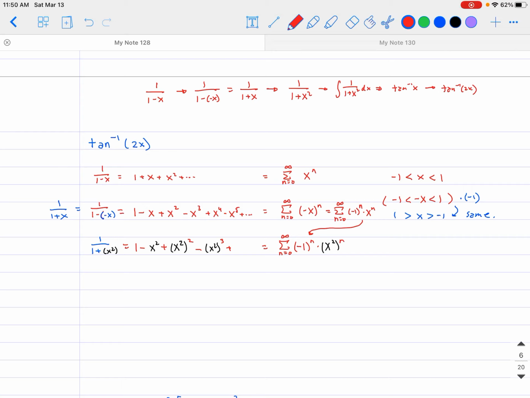In terms of our interval of convergence, keep in mind what we started with is -1 is less than, and replace x with x squared. This is what we're going to have, right? So if you take the square root of both sides, then what will happen is that you're going to get,